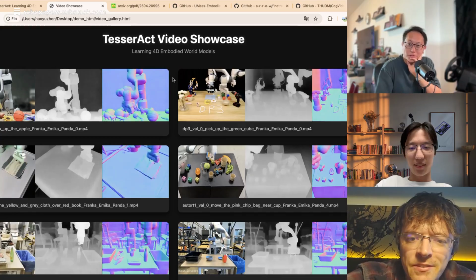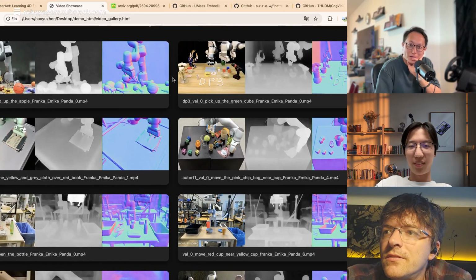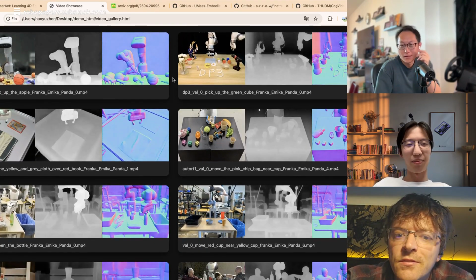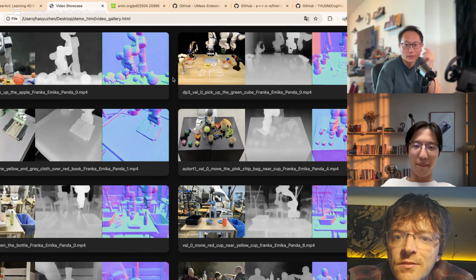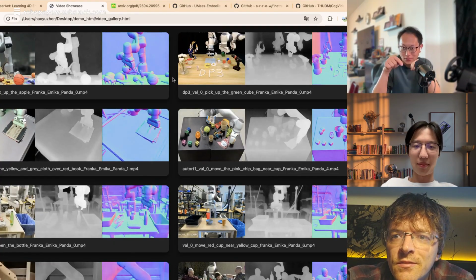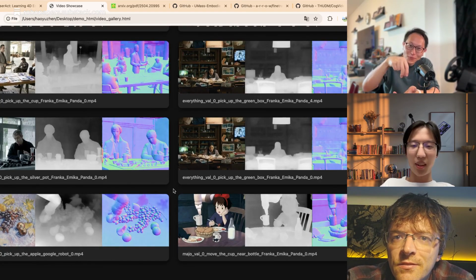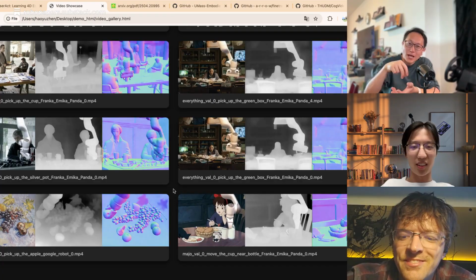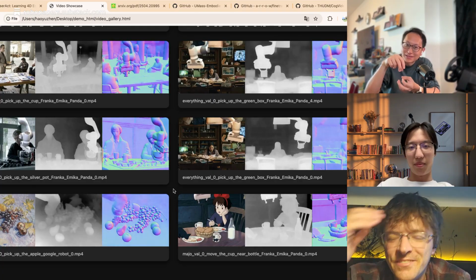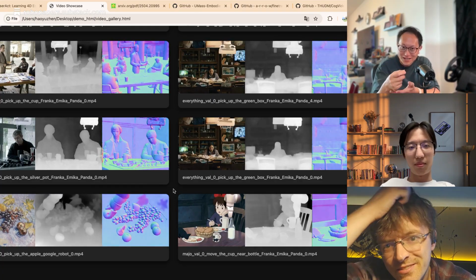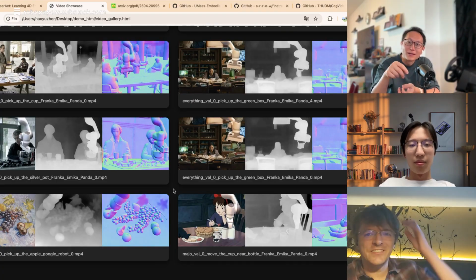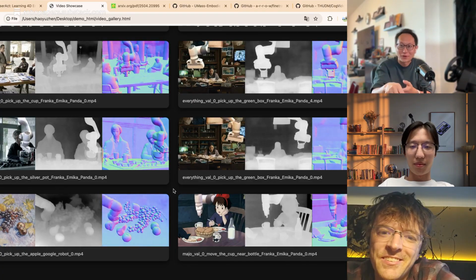Yeah, and not just the compute, I think the dataset as well. For example, in the Kiki's Delivery Service scene, towards the end, it's very impressive that you have an anime scene and a robot that picks up the cup. But at the same time, I'm also thinking that in the real world, if Miyazaki were to draw this scene with a robot, the girl would definitely move to stay away from the robot.